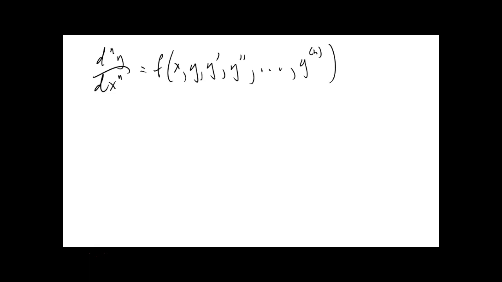So that's going to be an nth order family of solutions. So you have a C1, C2, C3, C4, up to Cn. Okay? Now,